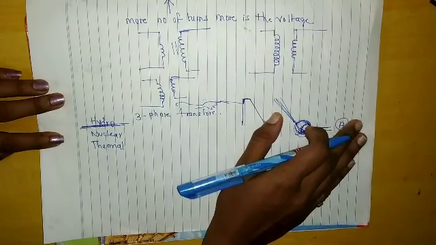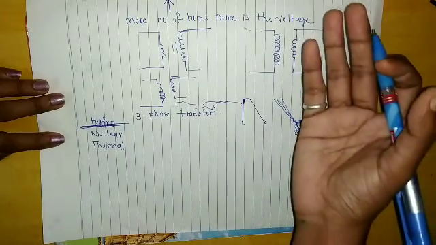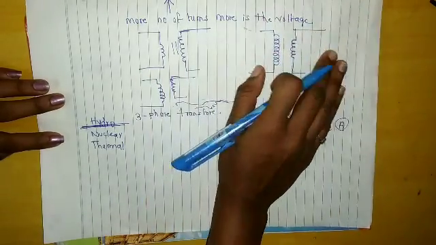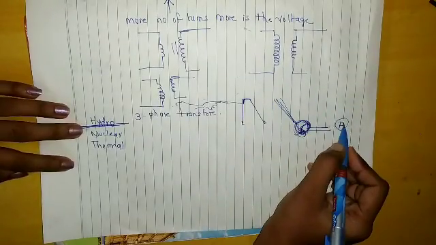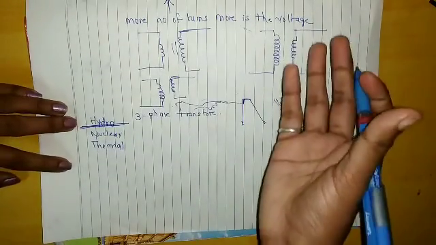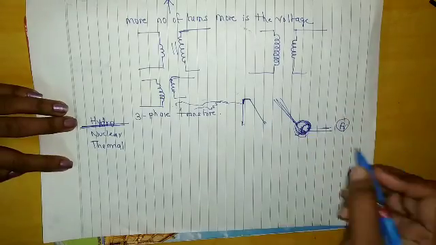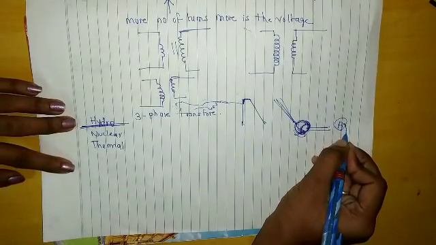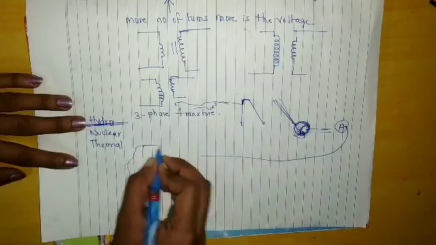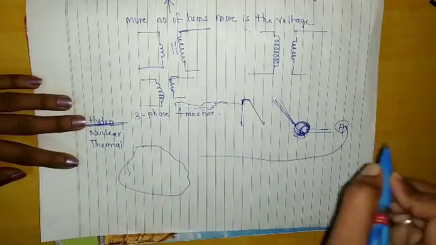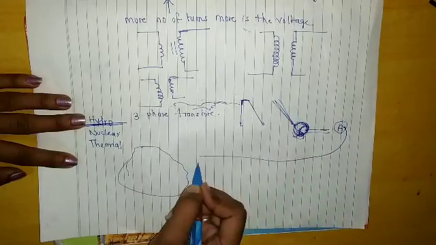Electrical power is generated on a large scale. It is in 3-phase, right? So when we have generated electricity here, it is in hilly areas or where there is availability of water. Now we have to transmit this electricity from here to the cities, right? So these are the cities. So there must be some transmission.